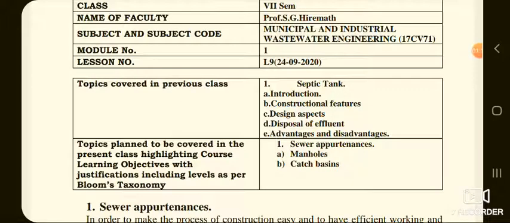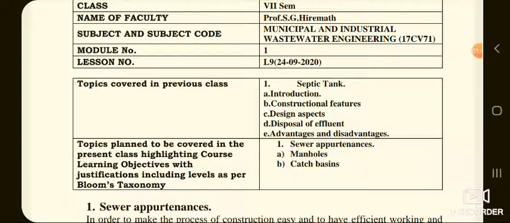While discussing the constructional features, the septic tank should be constructed of material which is resistant to corrosion. The tanks are constructed watertight. And also we have discussed the cross section as well as the plan of the septic tank. Apart from these topics, we have also discussed the design aspects of the septic tank, in which the first